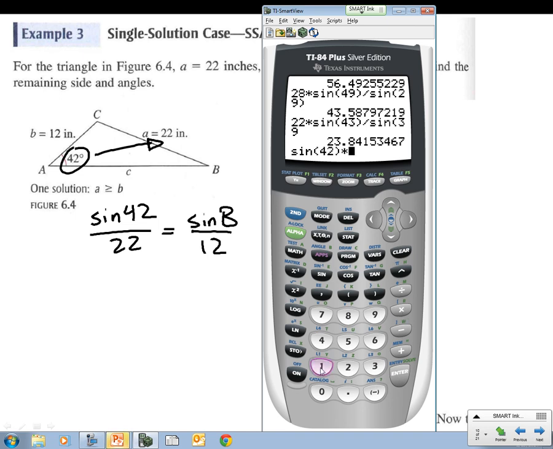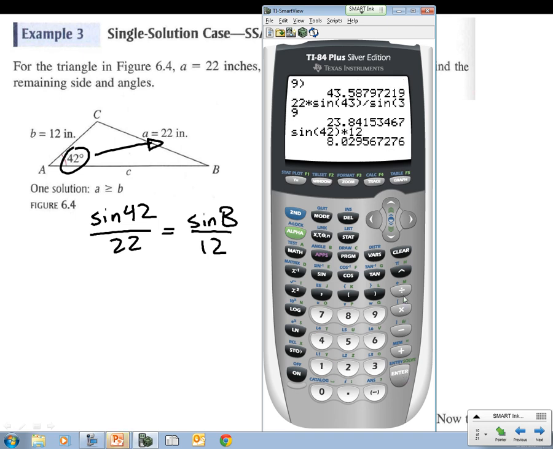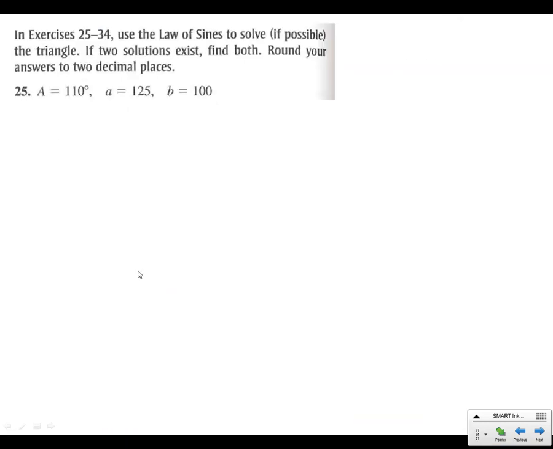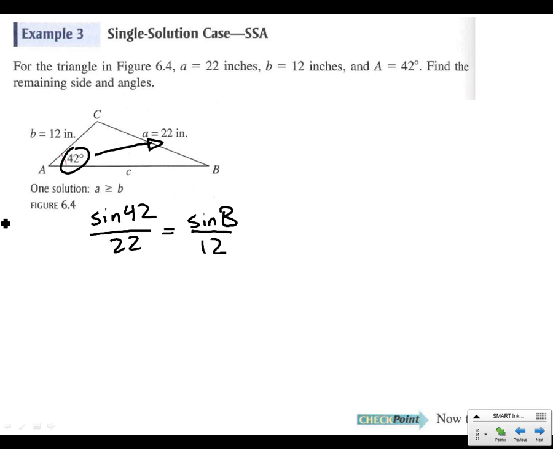We're going to times it by 12. We're going to divide by 22. And that'll give us sine B. So sine B equals 0.36. How are we going to end up with B? We've got to do the inverse sine of 0.36. My calculator doesn't go up and grab it. Yours should. So press up and grab that. Type out a few decimal places here. I get 21.41 degrees. So B